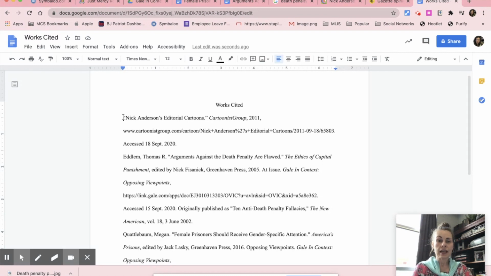Because it's unsigned, it begins with the title. So, got the quotation marks. If we're going to alphabetize our list, because that's one thing that we have to do, we also have to do a hanging indent. I'm going to temporarily remove those quotation marks from that particular citation. Okay, so leaving works cited alone,